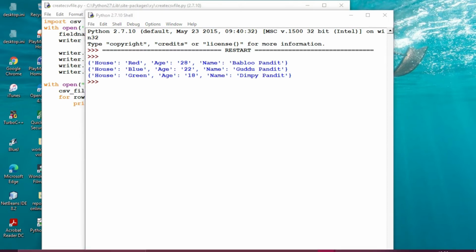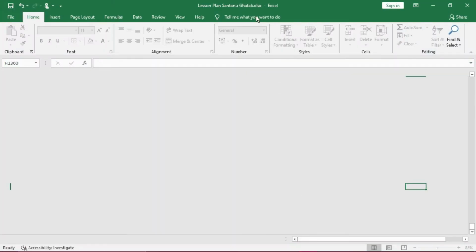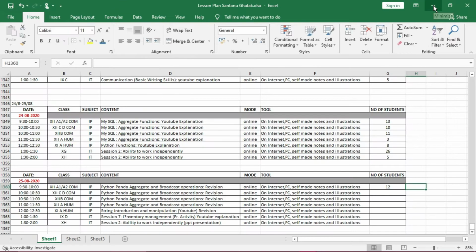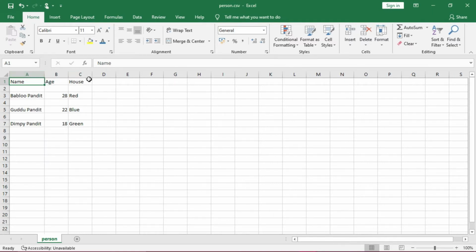So let us open this one. It will take a little time. Okay, so the CSV file. Okay, this is not the one, this is another file. CSV file will be opening shortly, you wait. Okay, this is another file actually. So now let's see, this is the one, Bablu Pandit. This is actually an unformatted file, always to be created.